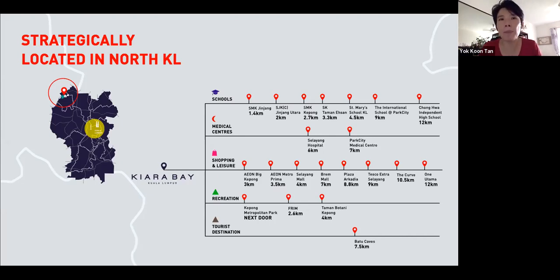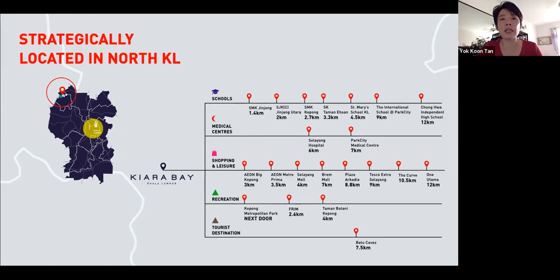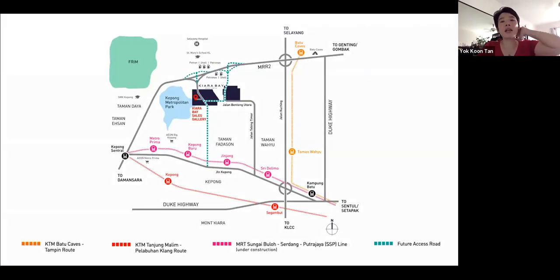You're not talking about developing in Timbuktu, where you're waiting for all this to come in before you can start your life. So this is really going to be an oasis, a new place for people to get the greens and also be able to stay in a modern city, modern town, right? Looking at this plan, you can see that we have the Jalan Kepong side and also Kiara Bay,